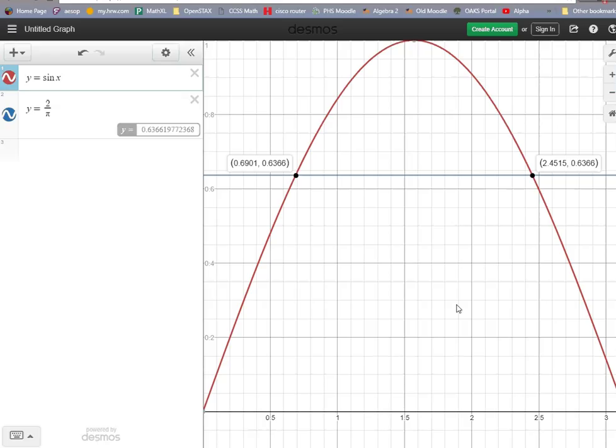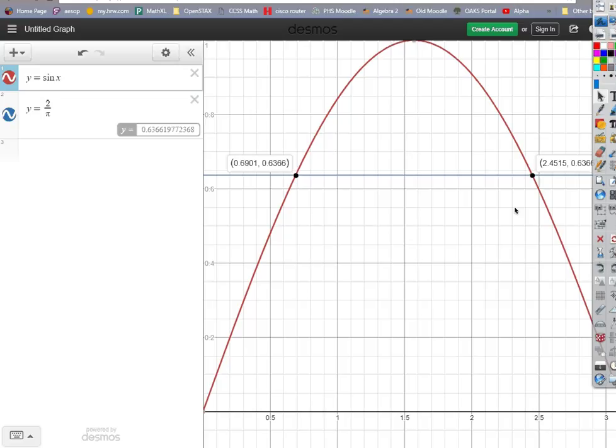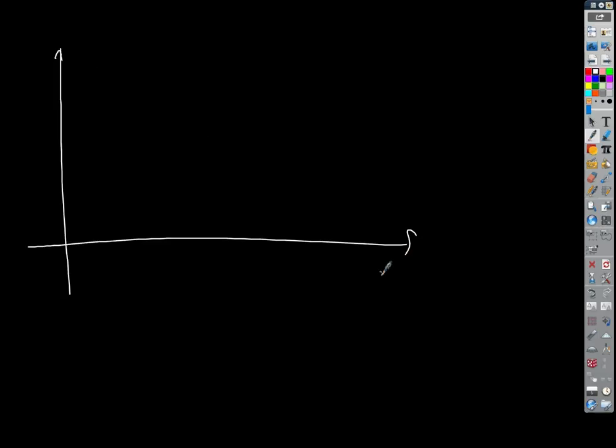Okay, got one more for you. Let's calculate. I just want you to think about something. Not that this is going to be a big deal right away, but I want to start you thinking about this. What if I wanted to find the area between, let's say we want to find the area between,